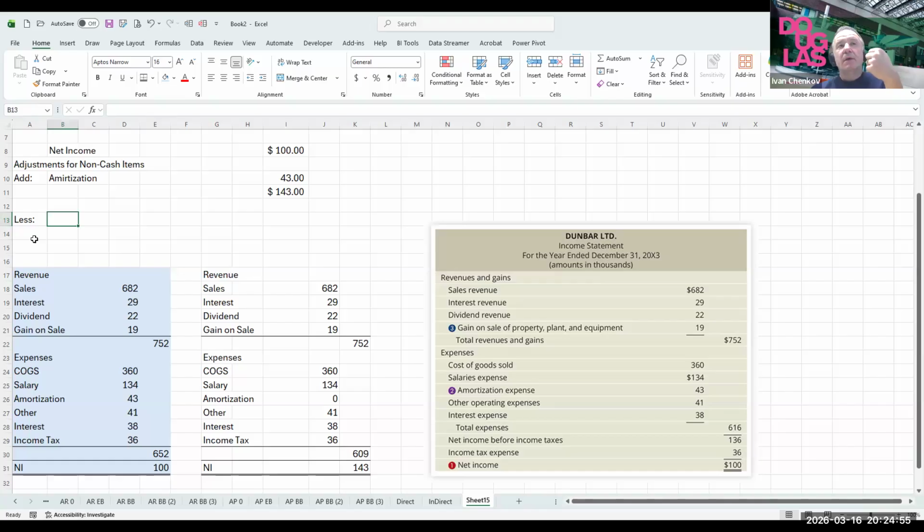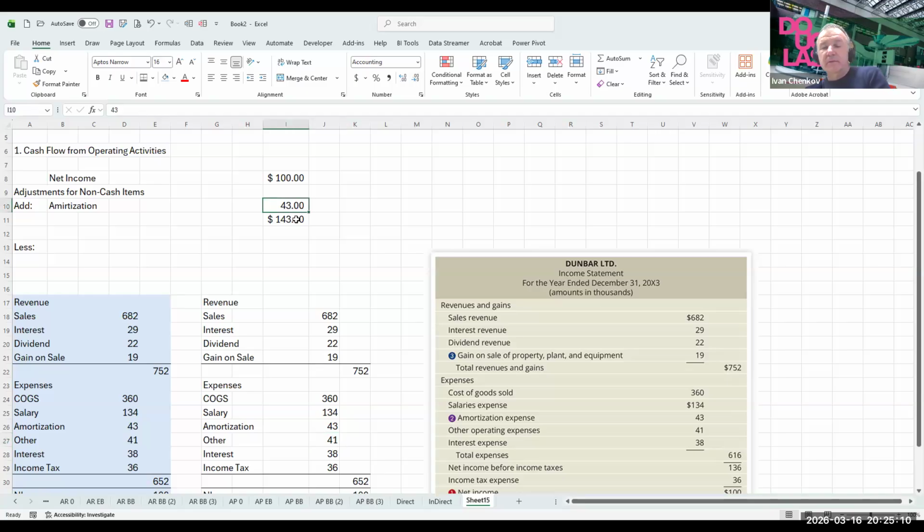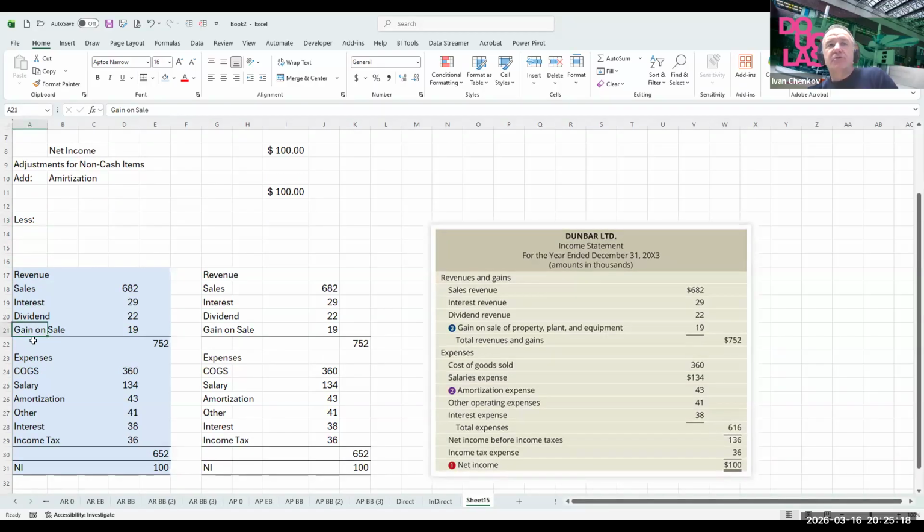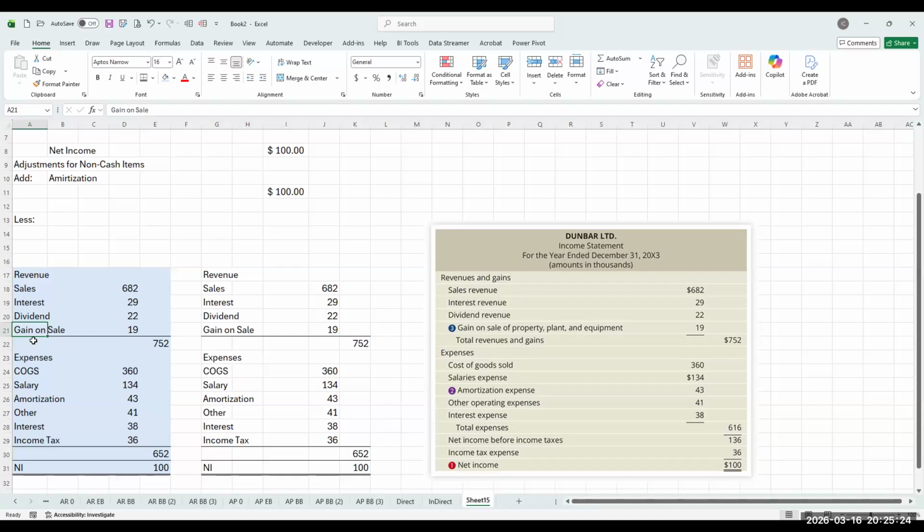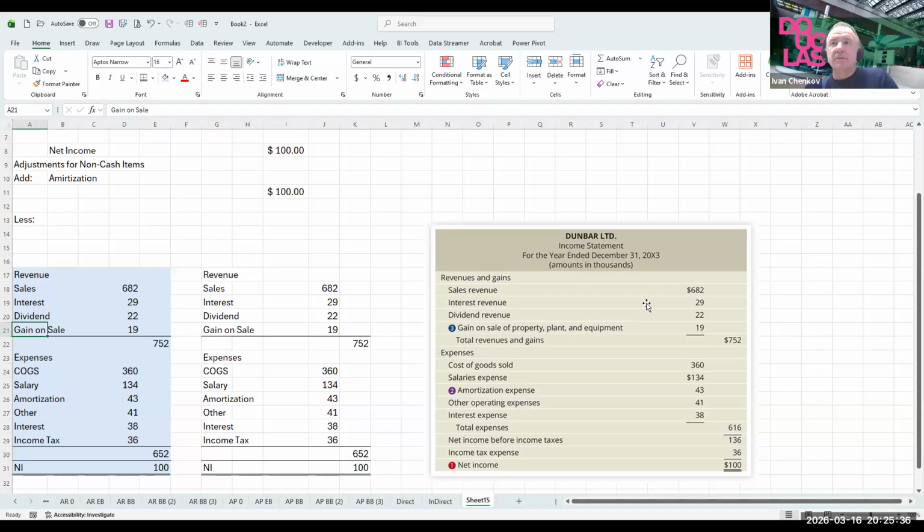Now let's see what I have to deduct. Let's forget about the net income here, amortization. I'm going to bring it back. And I'm going to get rid of this amortization. We're going to come back to this later. Let's see what we have to deduct. Can I buy gain with cash? No, you can't. What's the gain then? Simple calculation between the selling price and the purchase price, correct? Yeah. So, in the $19 gain,